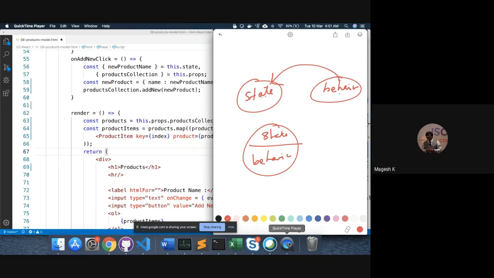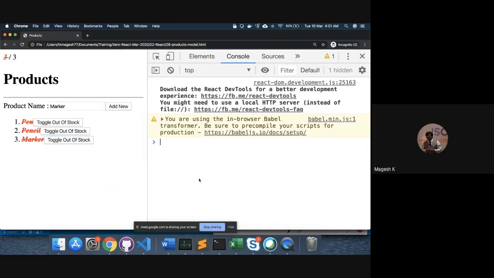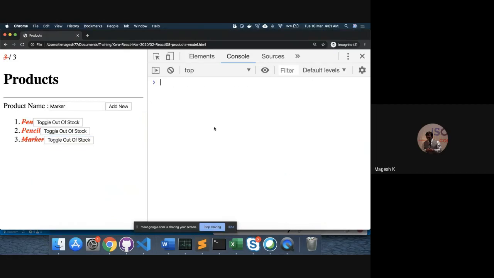And JavaScript, to some extent, is also a functional language, right? It is not a pure functional language, but it has a lot of aspects of the functional language applicable to it. So how do I say so? Let us take, for example, an object, emp equal to an object, where I say name is Magesh,